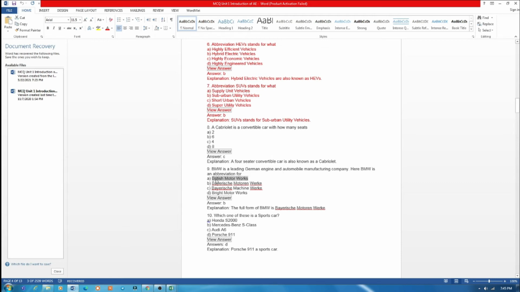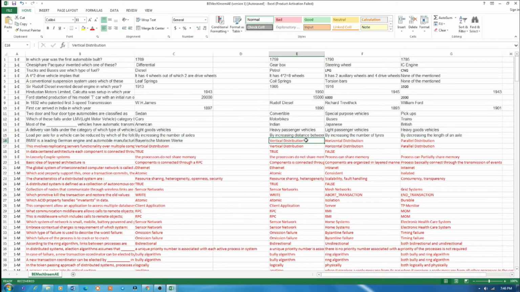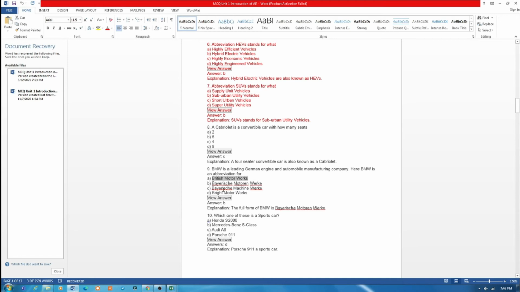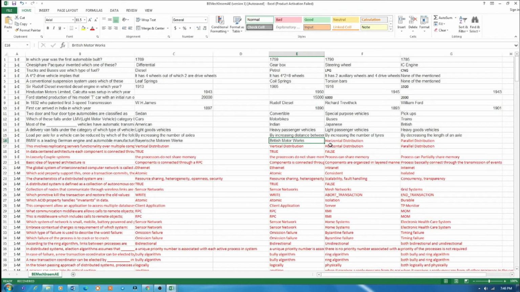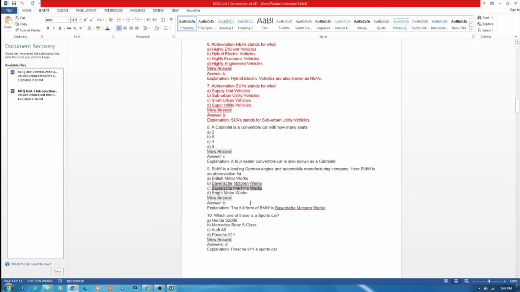Then I will paste each wrong answer in its respective column. I will paste wrong answer 1. Again I will come and paste wrong answer 2. Control C you can use for copy and Control V for pasting. Again I am going to paste, and I will paste the last option, that is the last incorrect answer.